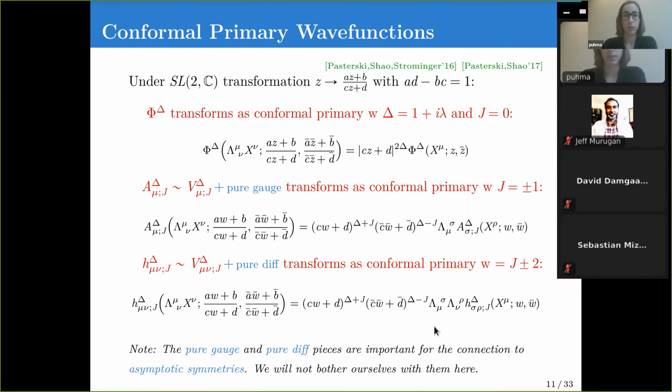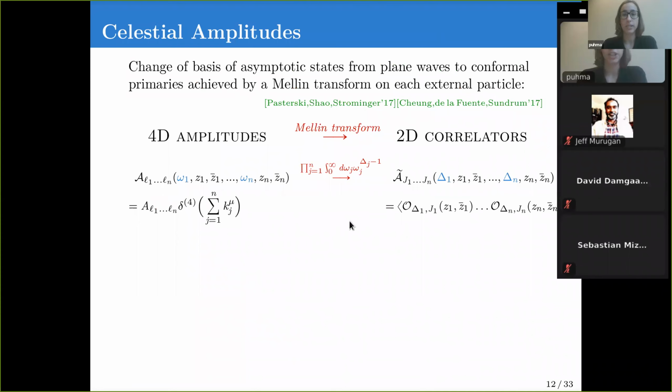So now I have shown you the conformal transformation properties of the external states. The change of basis for the amplitudes now consists in Mellin transforming each of the external states in an amplitude. So if I start with an n-point amplitude, depending on the scale, the energy omega, and the points in the celestial sphere, I have to do n Mellin transforms, one for each of the external particles,